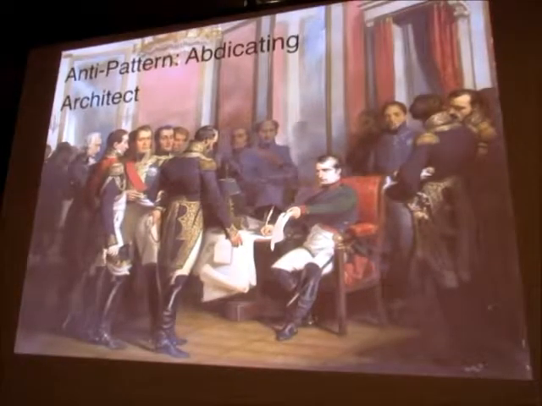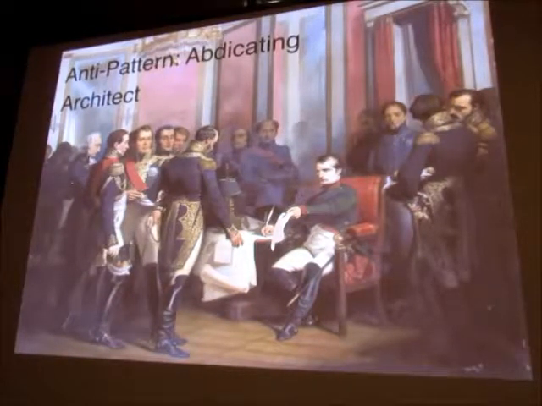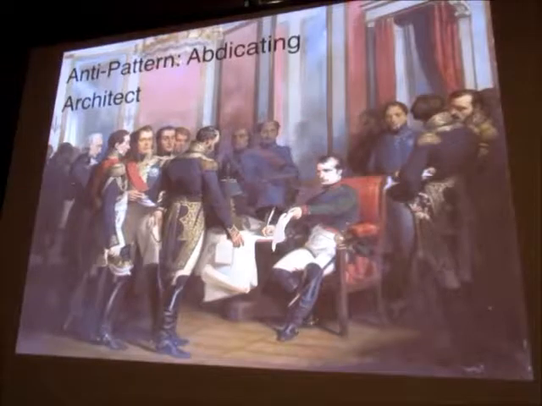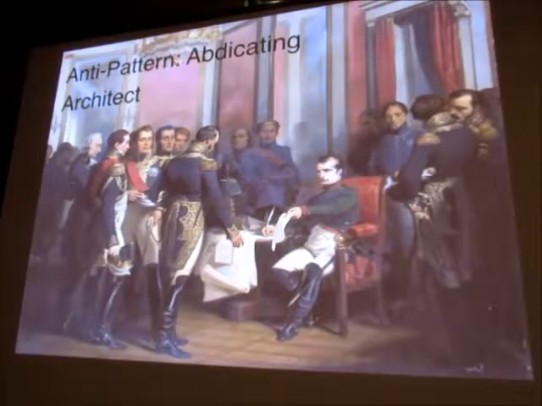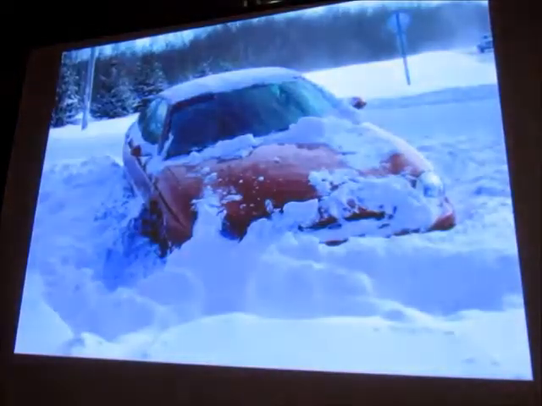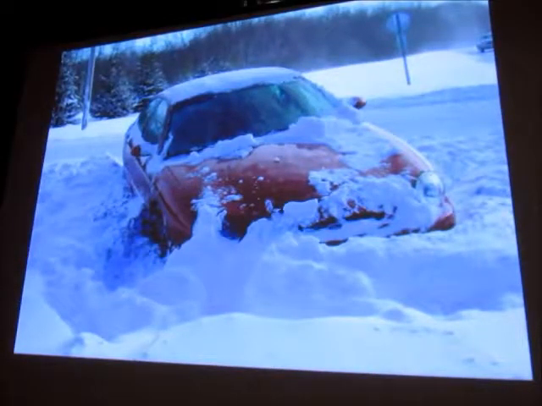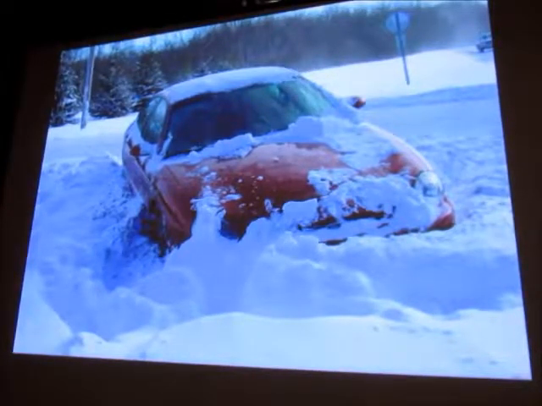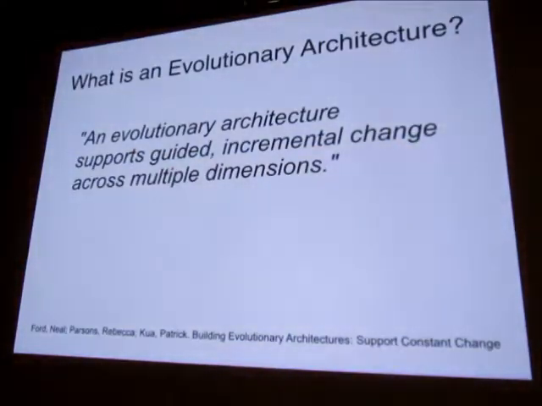Or abdicating is sort of related, like the bullying. I've told you what to build, you just go build it. That's your problem, it's not mine. If there's some issue with the architecture, well, that's your problem to resolve. I'm no longer involved. I've done my job. I architected it, you go build it. And so we can get stuck in this mode of how do we actually proceed to make progress towards some architectural goal, while at the same time being able to deliver at an agile cadence of every week or two, or perhaps every month.